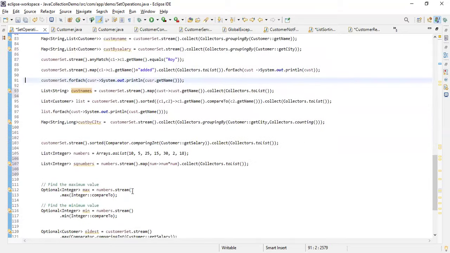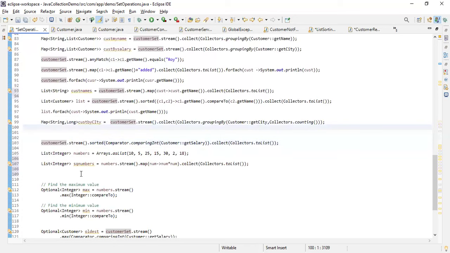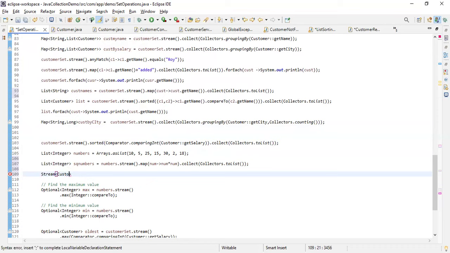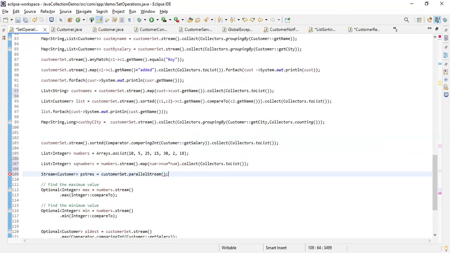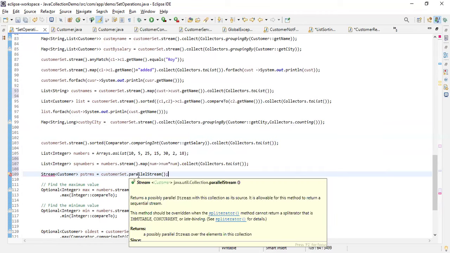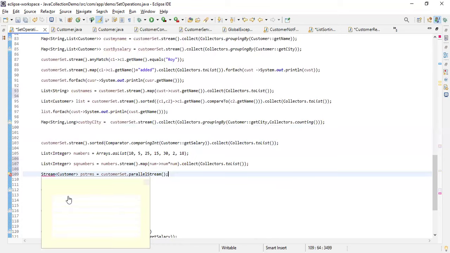At any point of time, if you want to create a parallel stream, you can say customer.parallelStream(), like this.